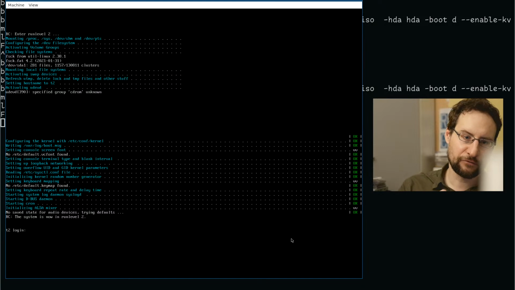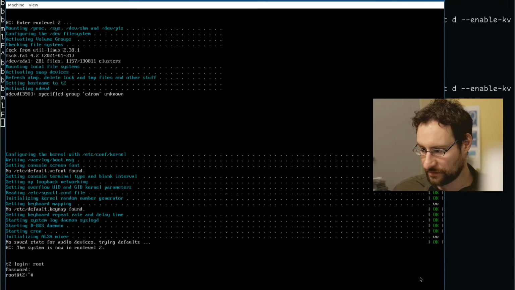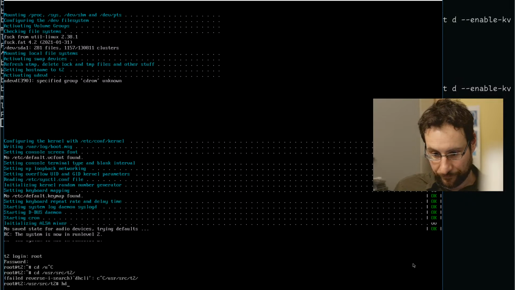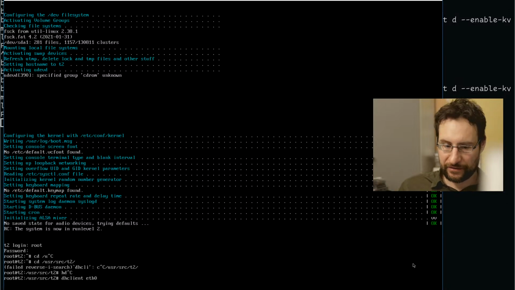I wish GRUB 2 scripting were more amazing. It's a little bit limited. Scanning all the file systems for FAT, I'm not even sure that it's easily possible. Maybe it's Turing complete, but it might be super tricky. If you know how, or maybe I should. I don't know if other distributions allow booting other things from their install media. If you have input there, leave it in the comments below. But at least it's mostly done, and there is some example code in the GRUB 2 config. It's better than nothing.